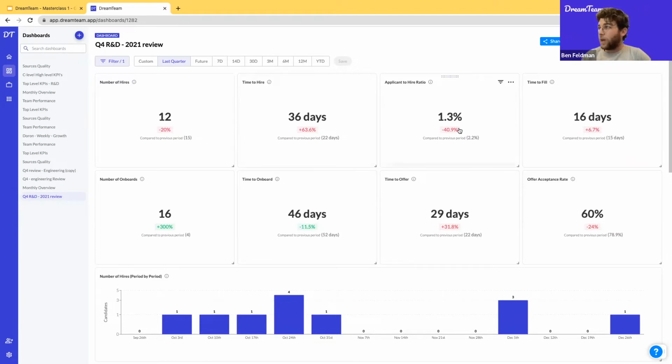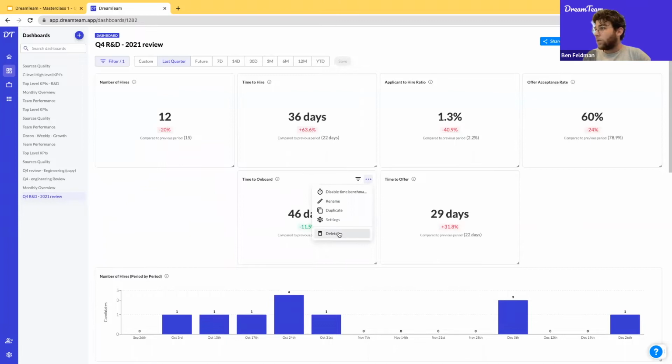So I'm going to keep this for now. Time to fill doesn't really interest me, how long it takes to close a position. So I'm going to actually remove that. Time to onboard, again, it's too detailed. I'm not interested. Time to onboard, not interested. Time to offer,